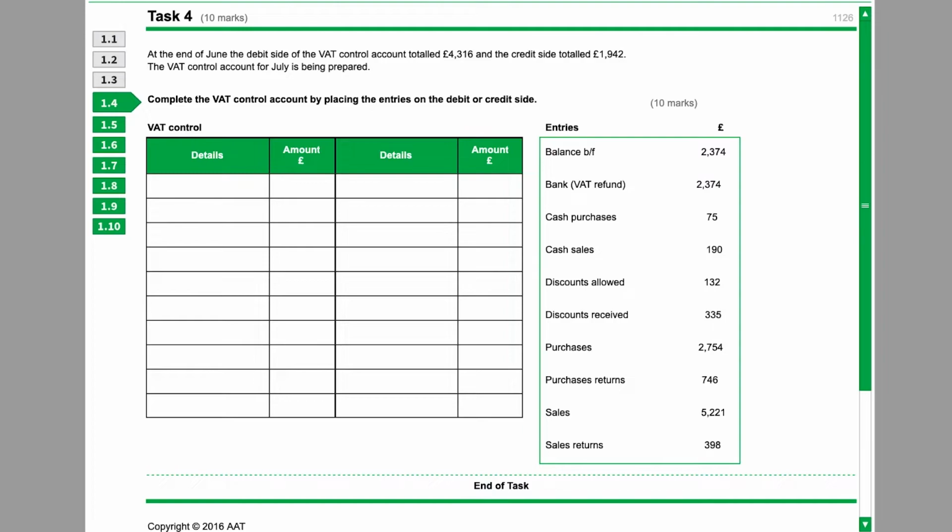So, welcome to task 4. If you've realised that we are zoomed in a little bit more here, just a word of advice. If you are zoomed out a little bit far when you're doing this AAT mock, the numbers on the right hand side will crunch up and you can't actually see them. So if that's happening to you, you just need to zoom in slightly